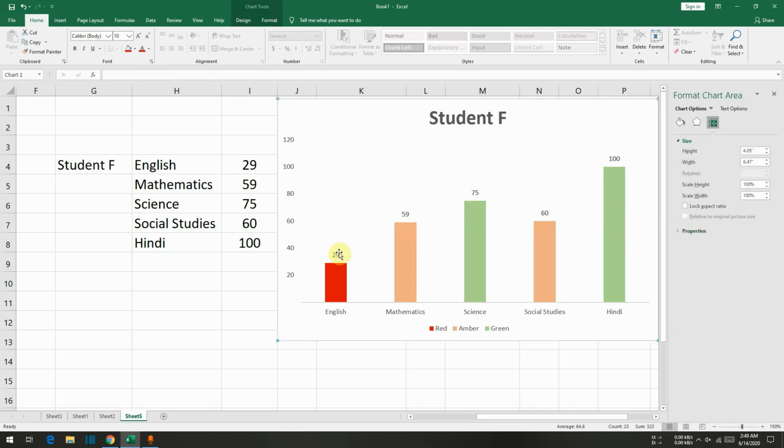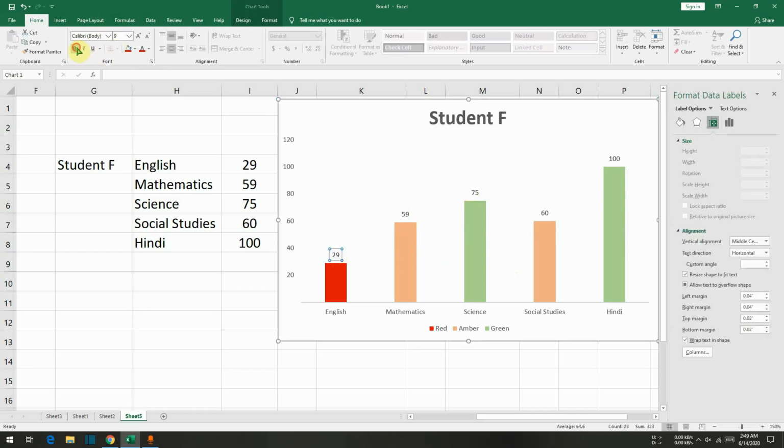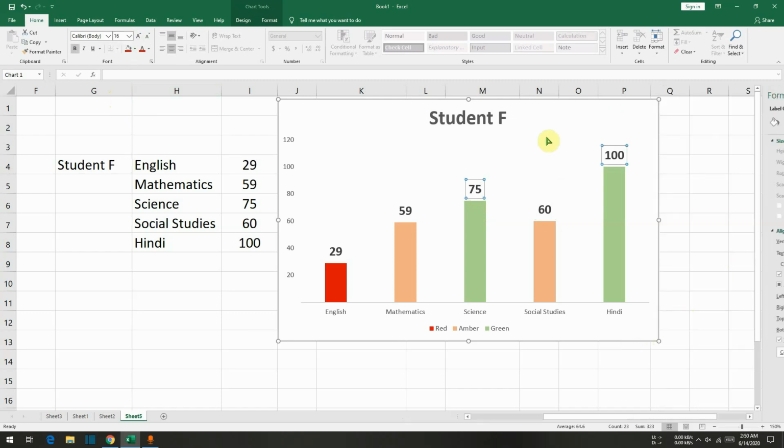So what I can do is increase the size from here. Let's make it 18. Here, let's make it 18. Bold. Similarly here, let's make it 18 and bold. Okay.